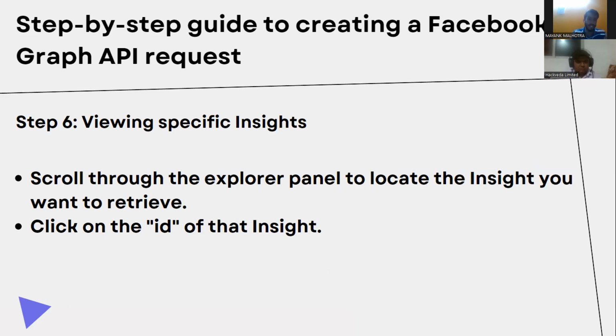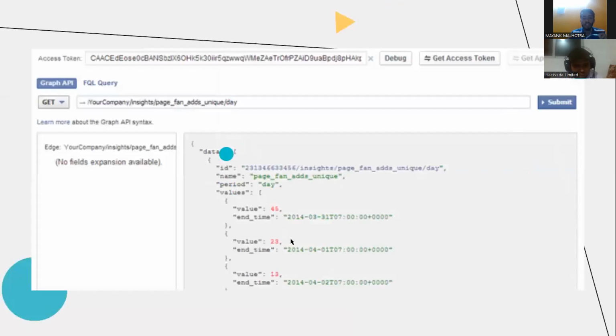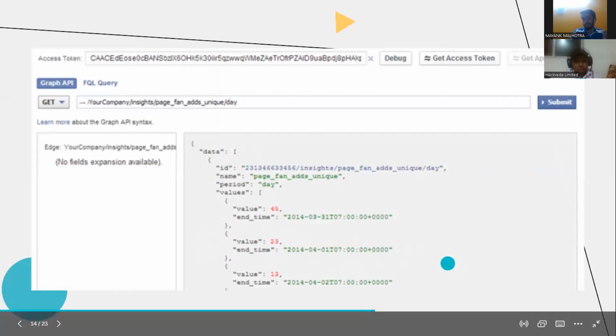For viewing specific insights, we can scroll to the Explorer panel to look at the insights and click on the ID for that particular insight. Suppose I click on 23, it will give me the insight of that particular day or request.